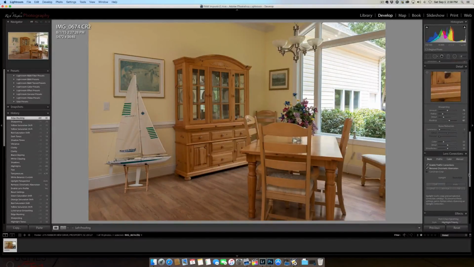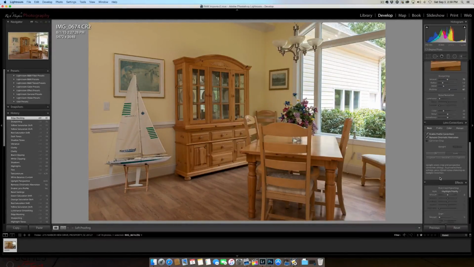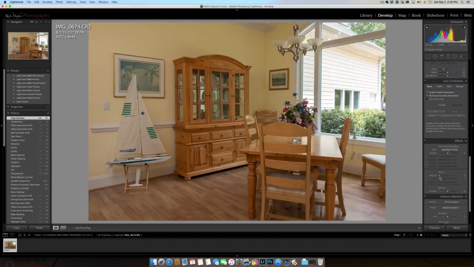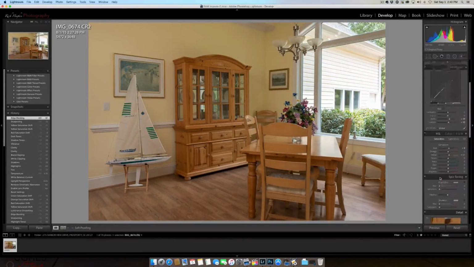Lately I've been using the lens correction. I do that first to get the image where I want it as far as appearance-wise, straightening, etc. So we already did that. I'm not going to do much of anything else here. So from this point,